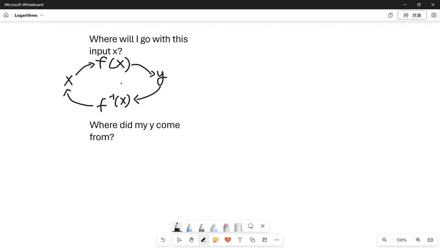So, logarithms are essentially the inverse function. Logarithms are inverse functions of exponential functions. So if you input x into an exponential function, let's say the exponential function is 2 to the power of x, then you can imagine that this actually means,